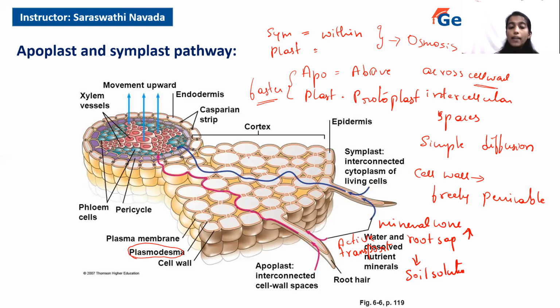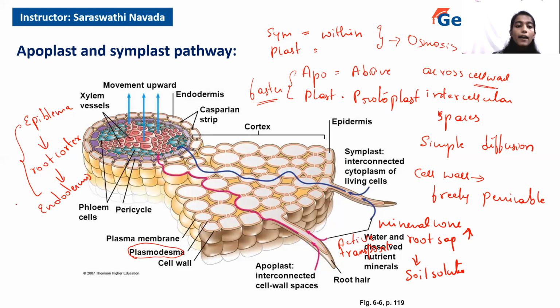Once the root hairs uptake water and mineral ions, it will first pass through the epiblemma. From the root hairs it passes through the epiblemma, and from the epiblemma it enters the root cortex, and further from the root cortex it enters the endodermis. The endodermis acts as the outermost barrier for the inner vascular tissues. From the epiblemma till the endodermis, there will be water transportation through the apoplast pathway. It occurs through the apoplast pathway because in the root cortex there are large intercellular spaces and water can easily